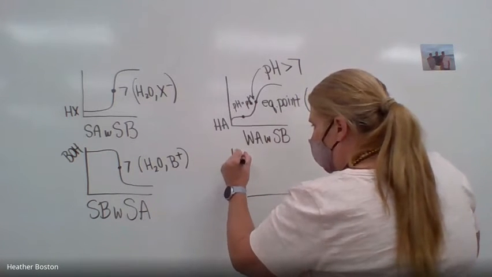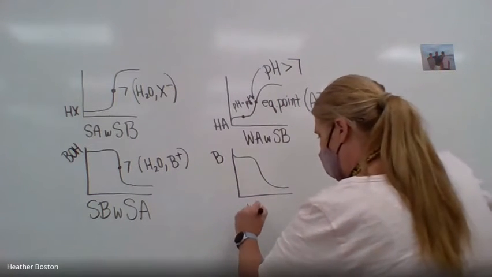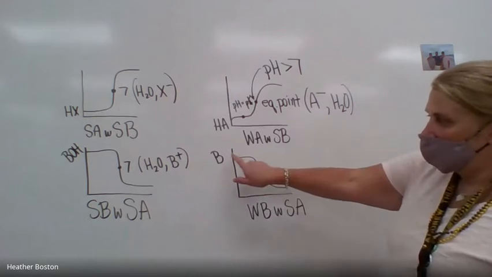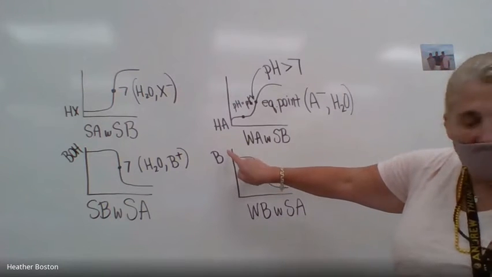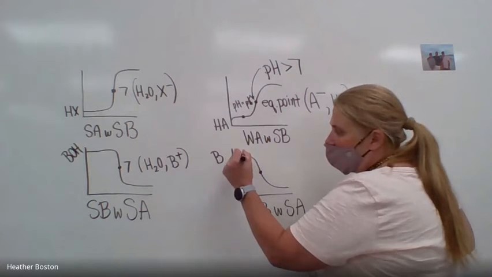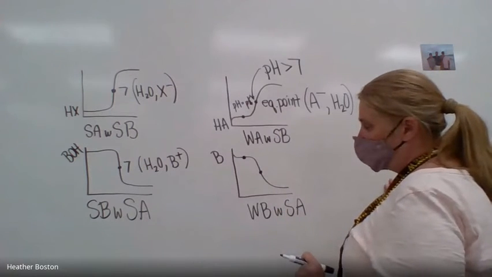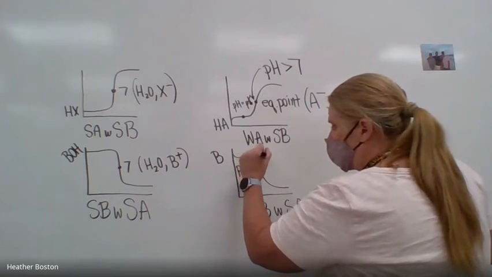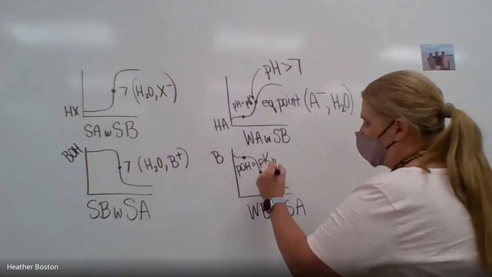My next one is if I have a weak base titrated with a strong acid. Again, here's where we're adding H pluses, and H pluses are going to consume the free OH minuses. Then we get to a point where all the free OH minuses have been consumed, and we have to pluck OHs from our weak base. This is the half equivalence point, and this is where the pOH is equal to the pKb. And remember, we've already been doing all these weak acid, weak base problems, getting Ka from Kb, all that kind of stuff. At the equivalence point here,